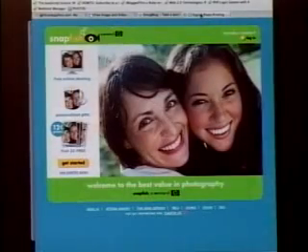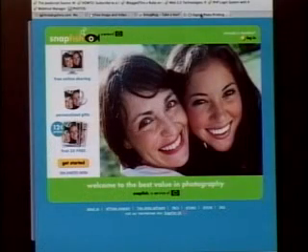Snapfish is pretty popular. It's been around for a long time. Real basic. They started with doing the 35mm processing, where they'd turn them into digital photos. I'm just noticing on here, I haven't looked at this in a while, that it says it's a service of HP. So again, consolidating companies there. Again, free online sharing, personalized gifts that you can create from this, like mugs, booklets and things.